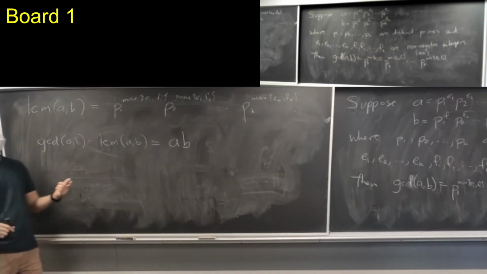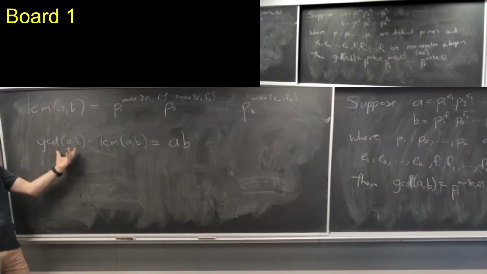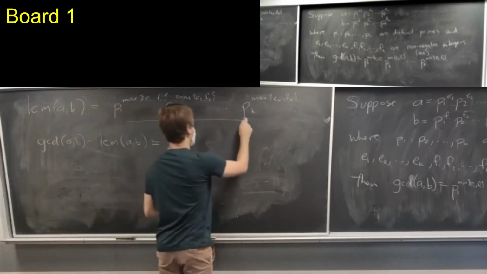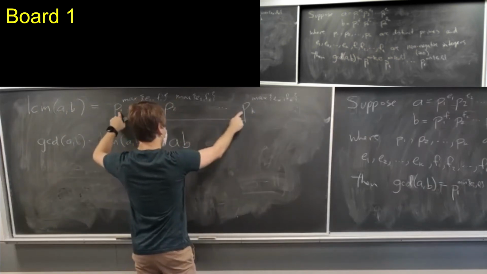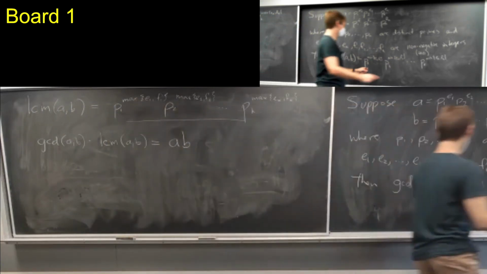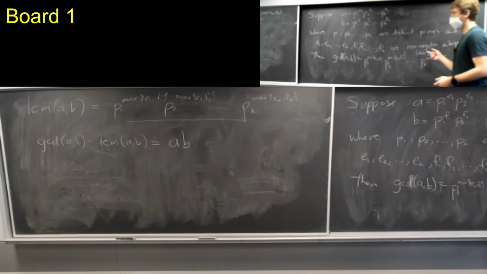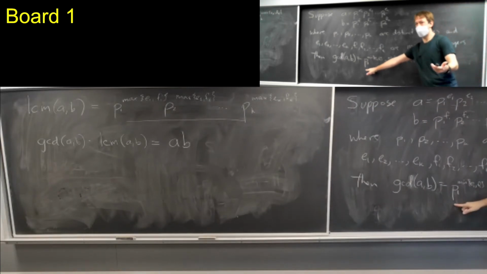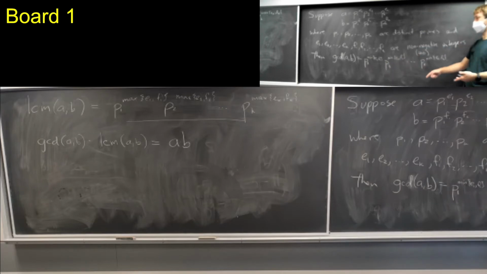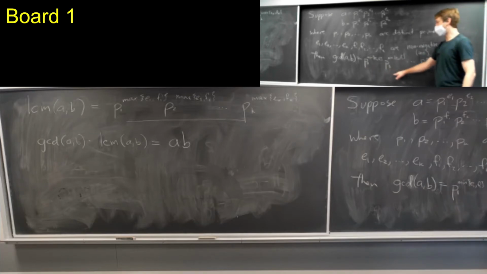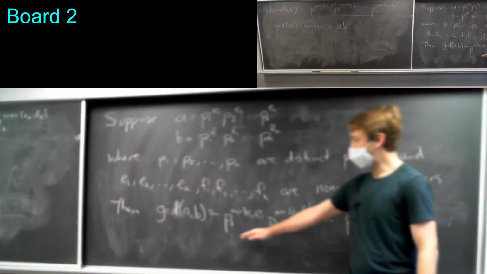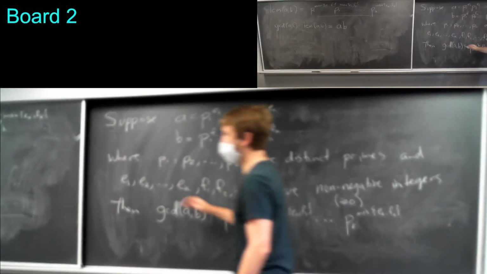Because if you think about what this does, imagine the LCM is this, and the GCD is this. When I multiply this number, which I understand is a horrendous notation, but there's not really any better notation for this, but if I take this number and I multiply it by this number,